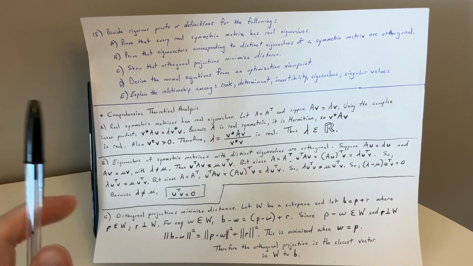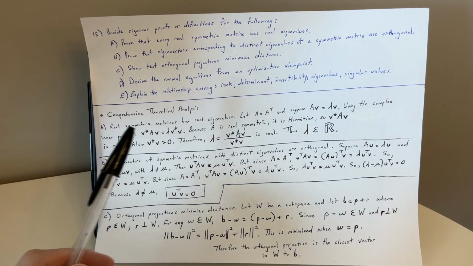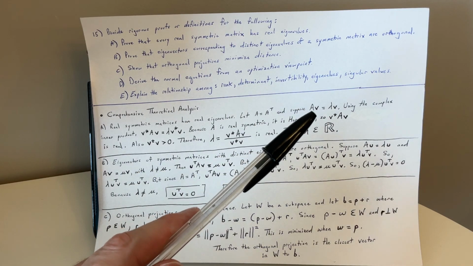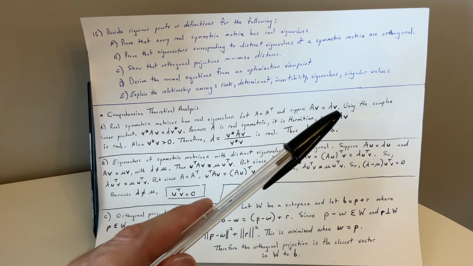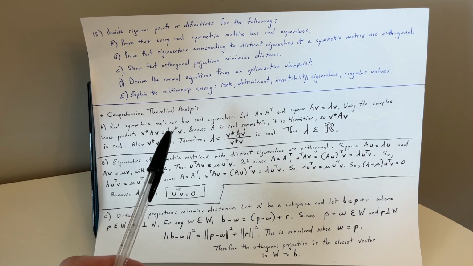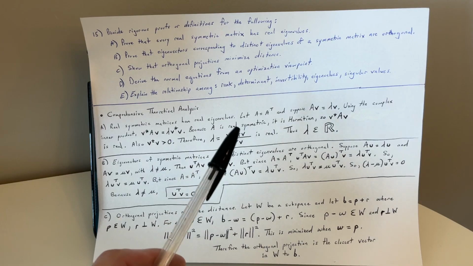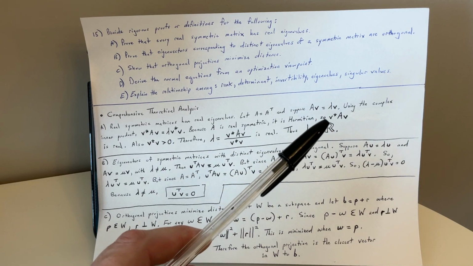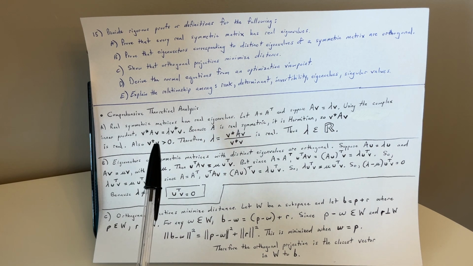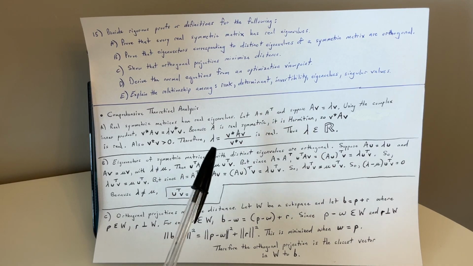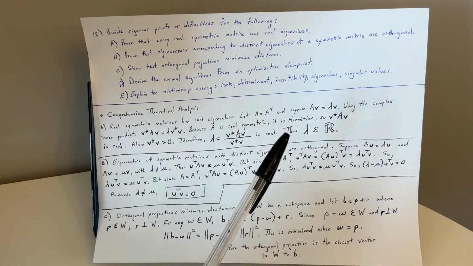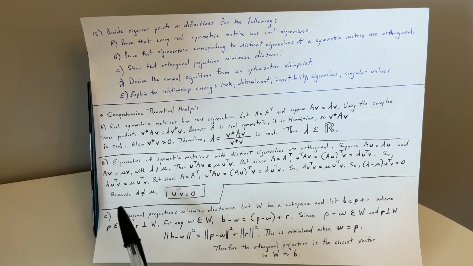This is more condensed, but letter A: real symmetric matrices have real eigenvalues. Let A equal A transpose and suppose Av equals lambda v. Using the complex inner product, v star Av equals lambda v star v. Because A is real symmetric, it is Hermitian, so v star Av is real. Also, v star v is greater than 0. Therefore lambda equals v star Av over v star v, which is real. Thus lambda is in R. Okay. Part B,